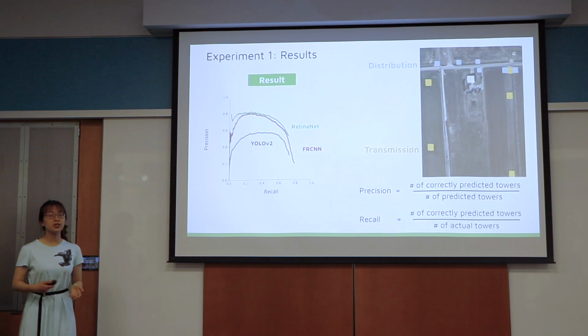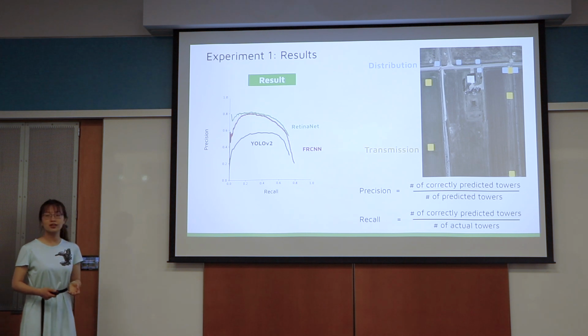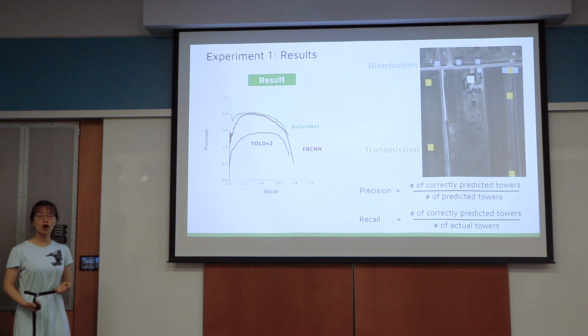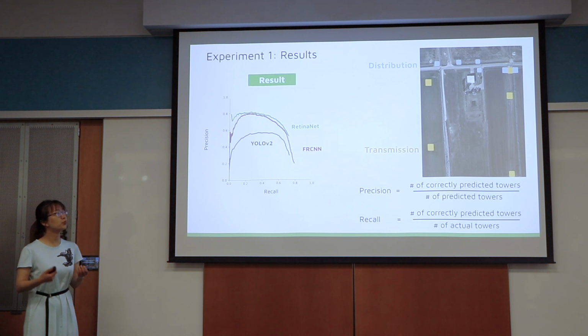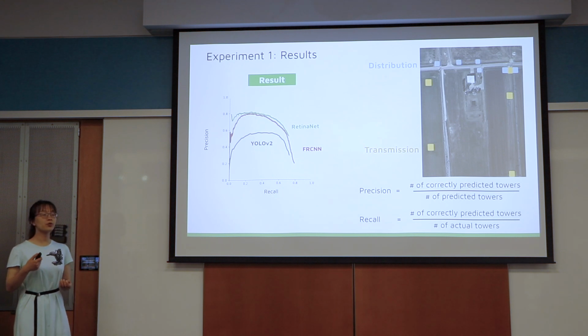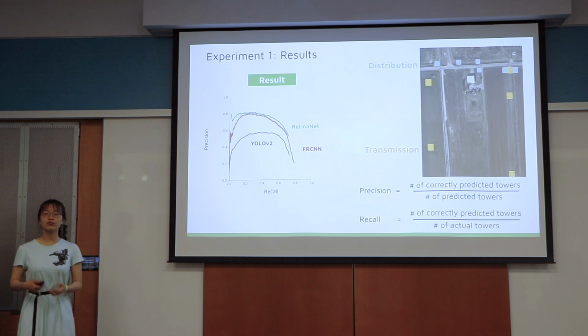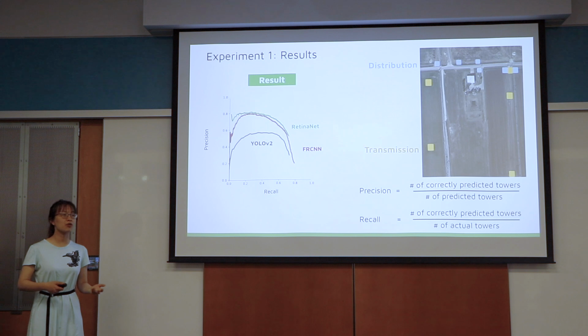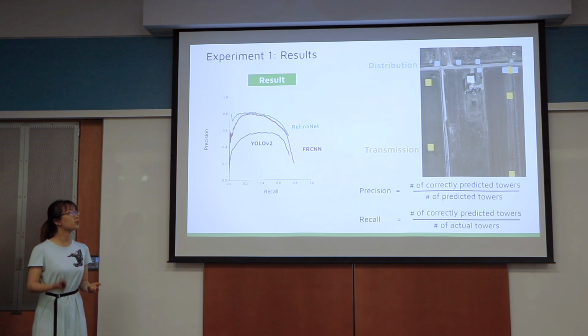So we generated a PR curve, and from the PR curve, we realized that Faster R-CNN will be able to achieve a higher recall value, which means out of all the transmission towers and distribution towers, it is able to find more of them. However, RetinaNet always has a high precision. So when we are making a decision to pick between RetinaNet and Faster R-CNN, we have to go one step further to consider our future investigation, which is to map out the grid pattern.